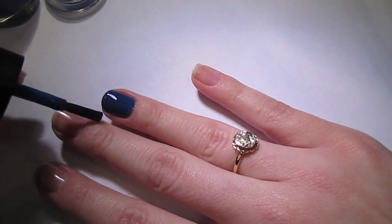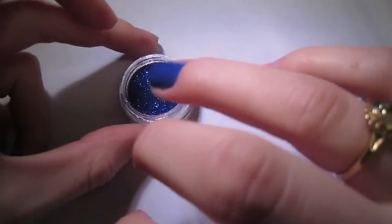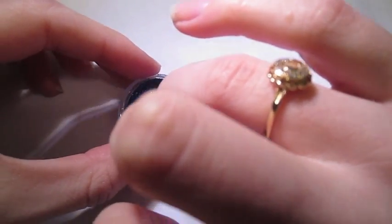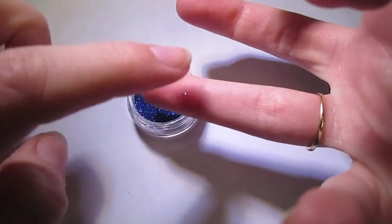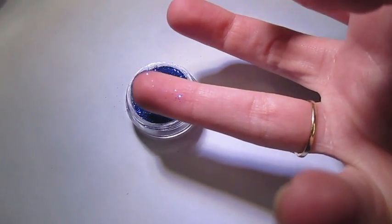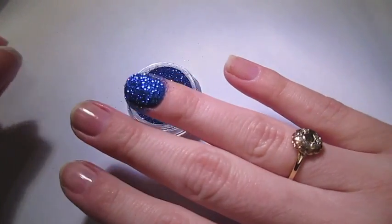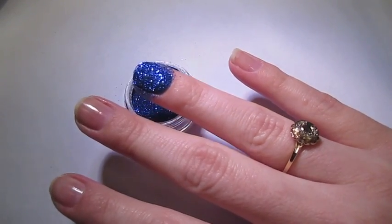Just drag the nail polish brush along the edge, grab the glitter, and just dip your nail in it and kind of shake off some of the excess glitter. It's going to get everywhere. There's really no way to avoid it. You could do it over a paper plate or something if you want to scoop it back up into the container. So that's it. You're going to want to let the polish underneath dry for a bit